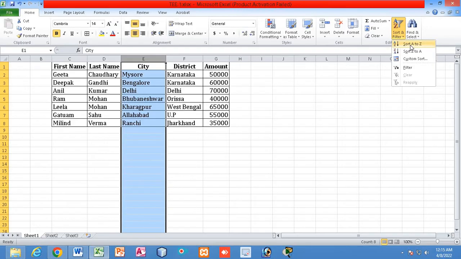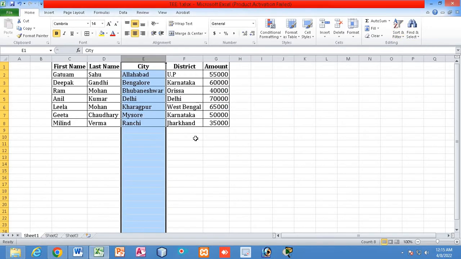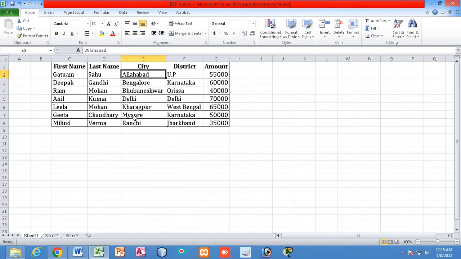So this thing I will do. So A to the last one, that is the last part of the alphabet, A to Z. So this has been sorted properly. You can see ascending order, small to large. And now I will save this file as